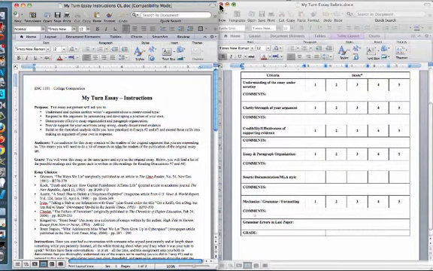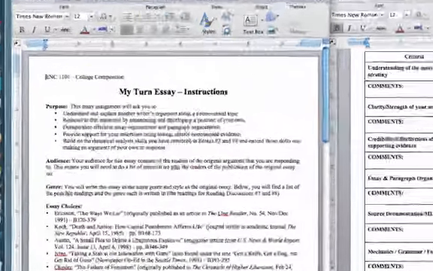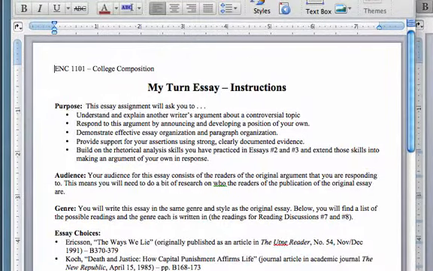But reading the assignment sheet is the first task in doing the assignment, and you should spend some time making sure that you understand what's being expected of you so that you don't head off in a wrong direction or get a bad grade on the professional draft and then have to spend even more time revising to bring your grade up. Okay, so I'm going to highlight some of the things that you should pay attention to.